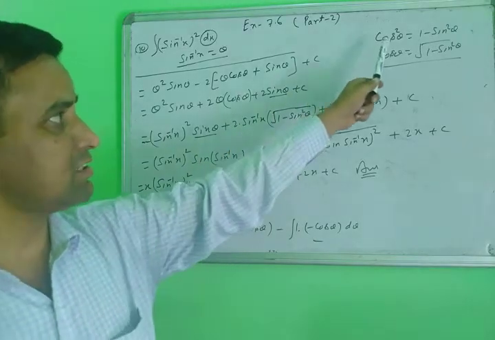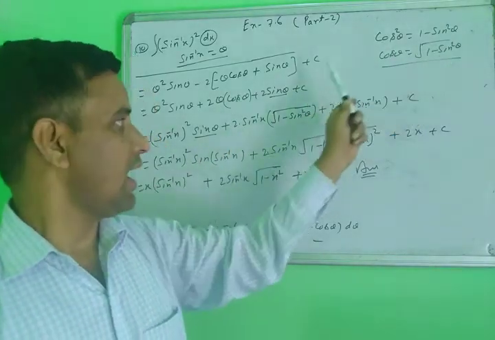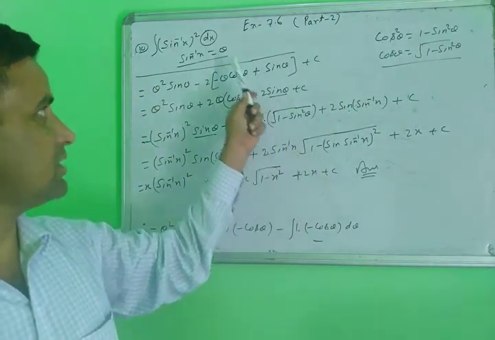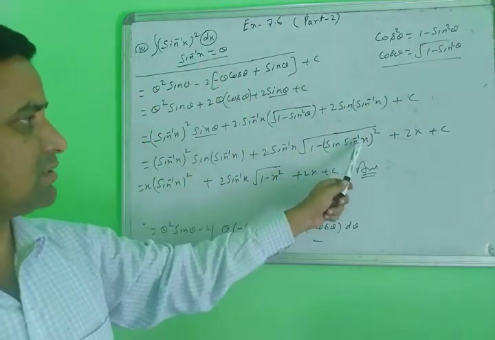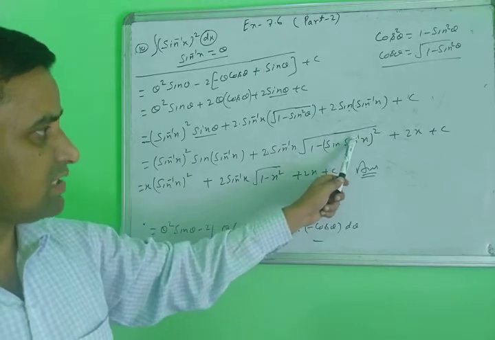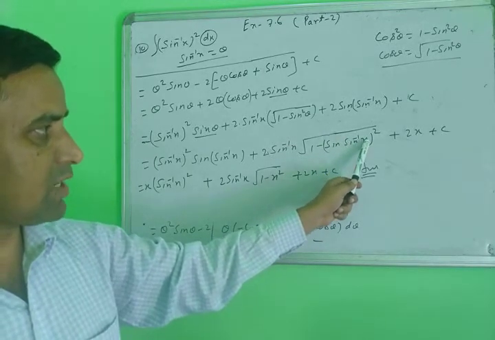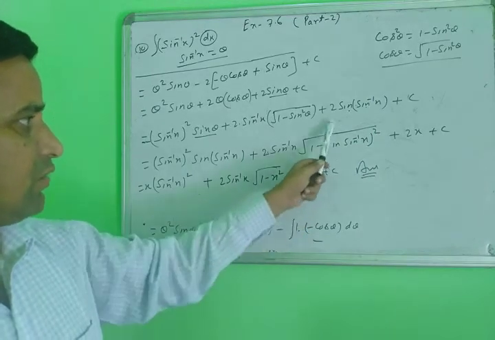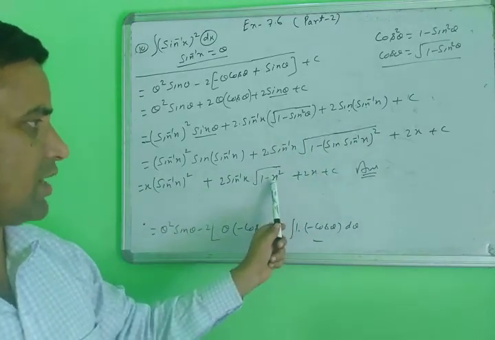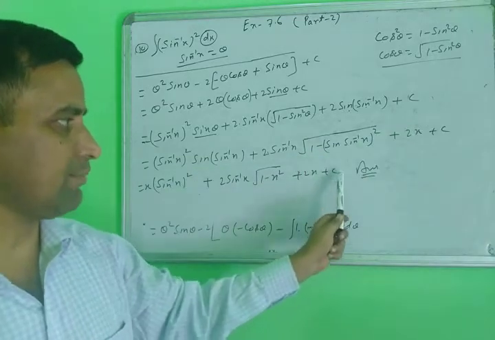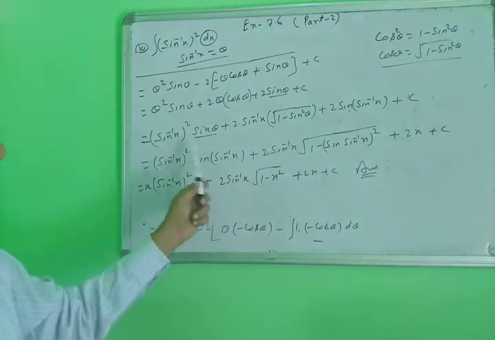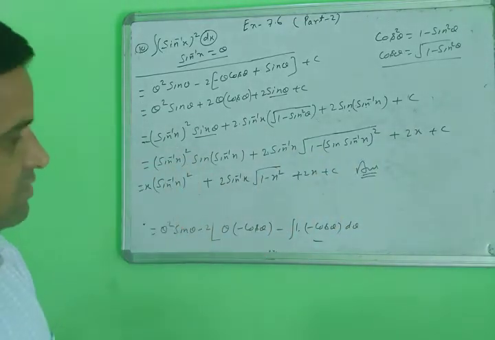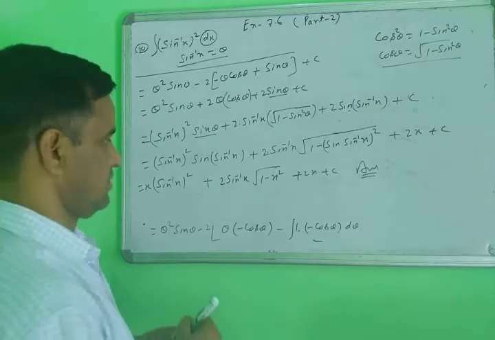First cos theta is changed to 1 minus sin square theta, and then what is the value of theta here? Sin inverse x. But then sin and sin inverse cancel. What is left here? Only x. Then the answer here is x square, 1 minus x square, the value of this portion, 1 minus x square plus 2x plus c. According to this, you will solve this question and you will get the answer. So this is your answer.